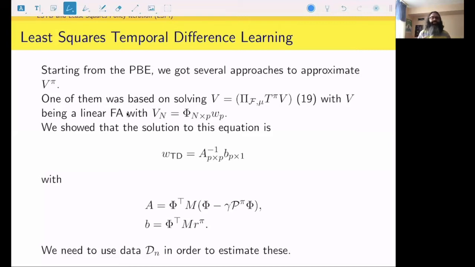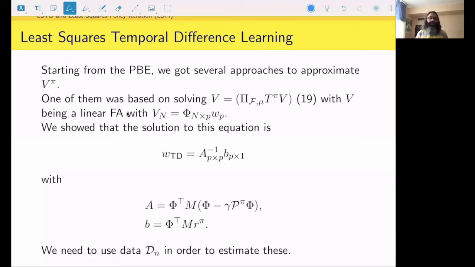We talked about a few ways we could use the projected Bellman error to define algorithms for approximate value iteration. Some of them were based on direct solution of a linear system of equations, and some of them were based on converting the fixed point equation that comes from the projected Bellman operator